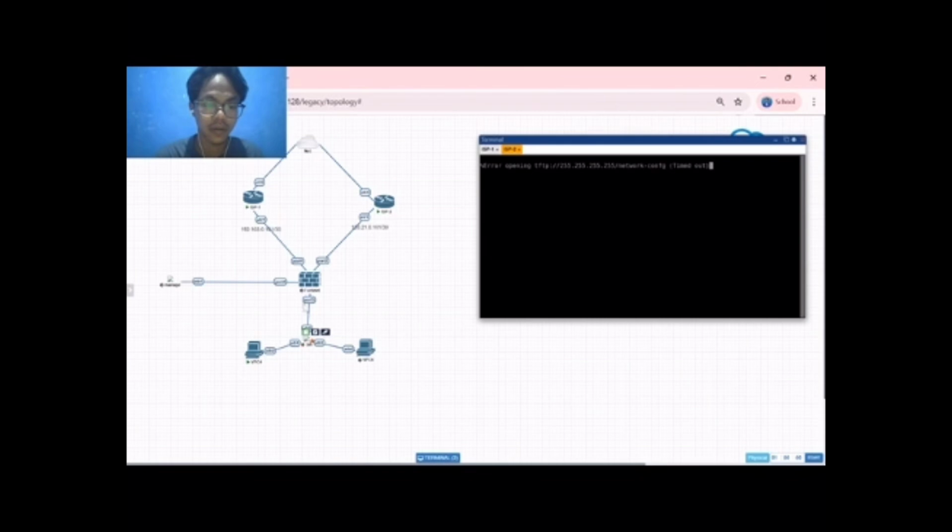This is the small switch. We just be patient first because we will start it.